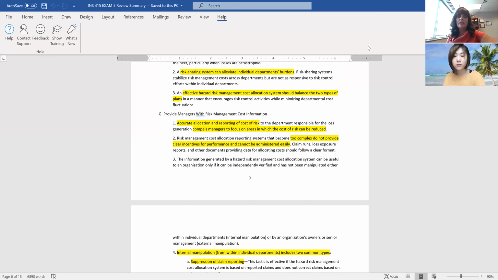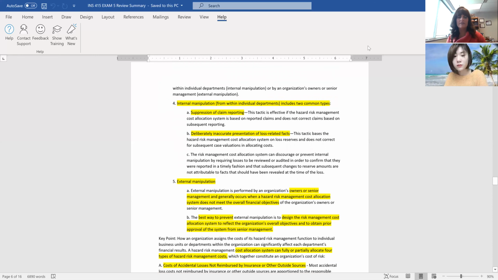Having accurate allocation and reporting of cost of risk. This is really important. Believe it or not, everybody reports risk or losses, and you want them to focus on where can they reduce risk. So we used to not track preventable car accidents, but as soon as you start tracking that and reporting on one department had more accidents that could have been prevented than the other department, then you're more likely to pay attention to the costs associated with that. You don't want to make your allocation method too complex, because when you can't understand where the costs are coming from as a manager, you really don't understand the relationship and how you can better manage the cost. It's true of any expense that they have to manage.